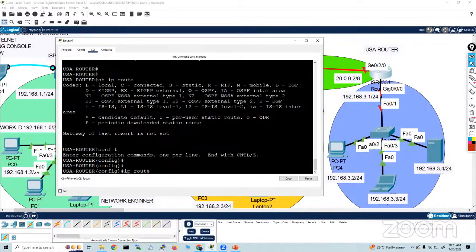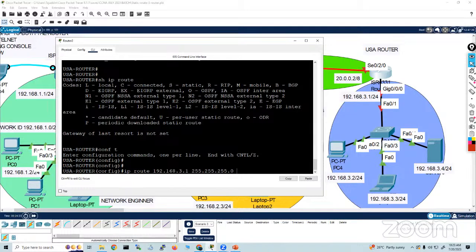Okay. IP route 192.168.3.0 255.255.255.0. The next hop should be